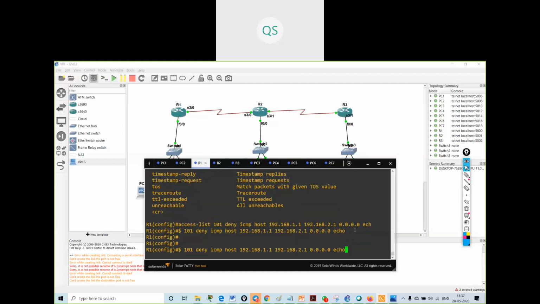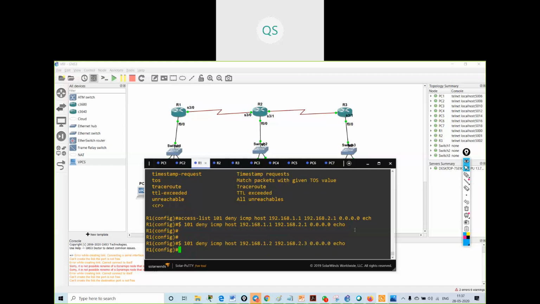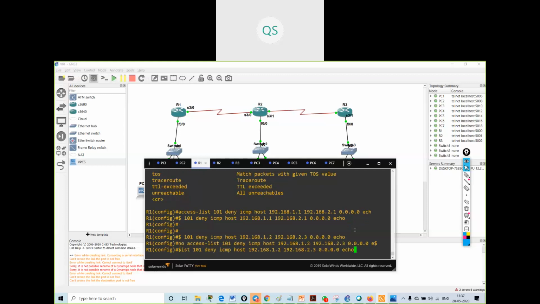Now I also want that 2.2 should not ping 3.2, no, 2.3.